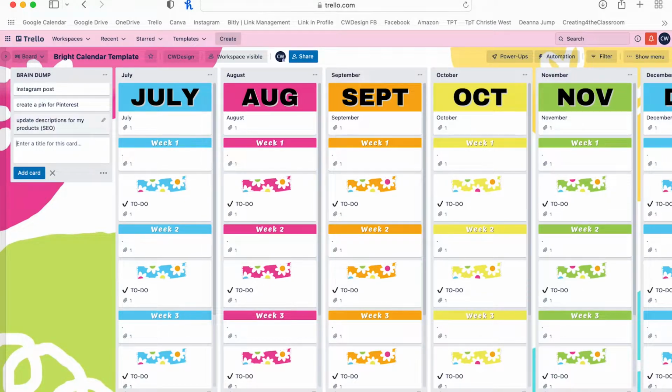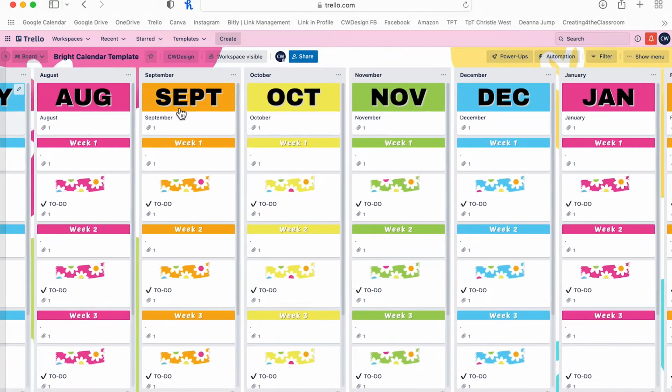All right. So this is kind of what I'm going to do. I'm just going to go through and create this brain dump that I need to do. All right. Maybe I need a haircut. Okay. Maybe I need a pedicure. That's just for fun. All right, so now I've got my brain dump, and over here you're going to notice